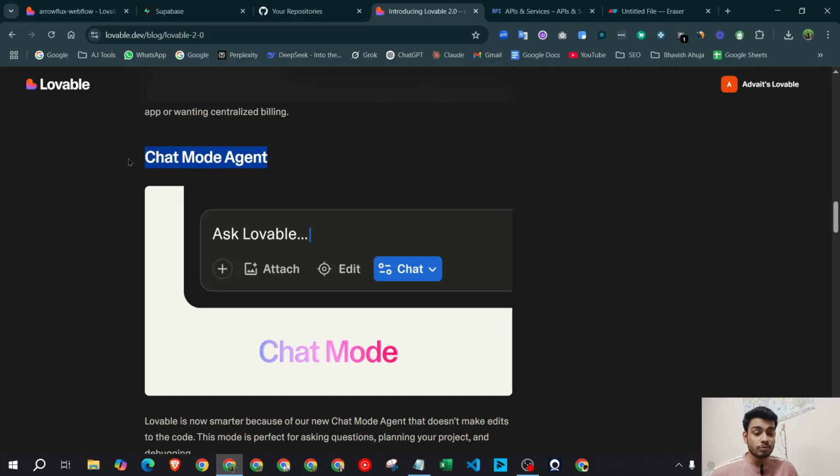Third one is chat mode agent. If you want to ask for any suggestion, or if you are confused at any point while building your websites or application, then you can simply click on this chat box, and this chat will act like ChatGPT, and that will give you all the recommendations. And if you want to apply all the changes that this chat has suggested, then you can just unclick this chat button and write a new prompt that please make all the changes that you have just suggested, hit enter. Okay, and after a couple of minutes, like 2 to 3 minutes, Lovable will make all the